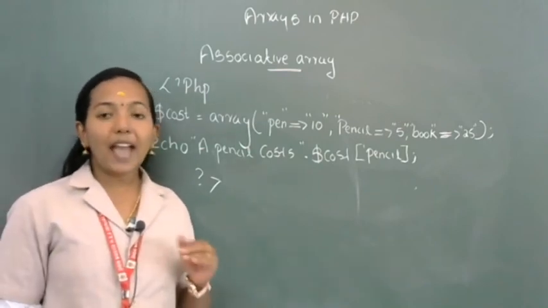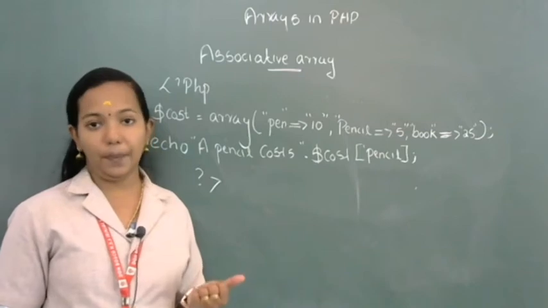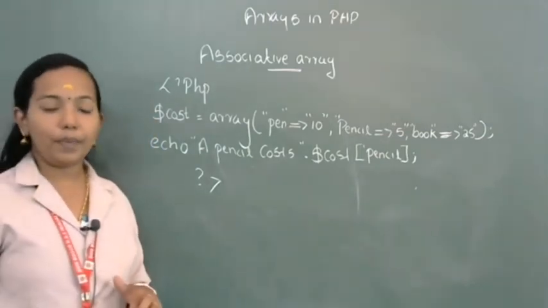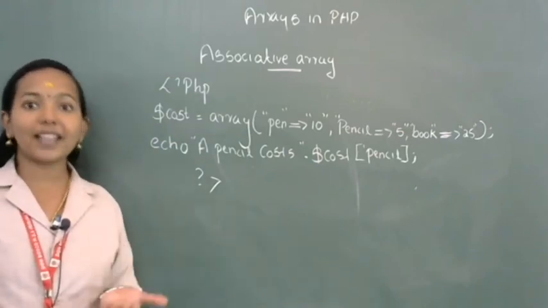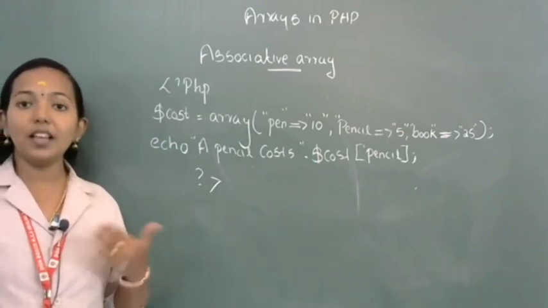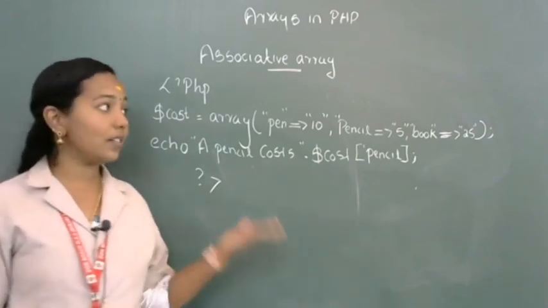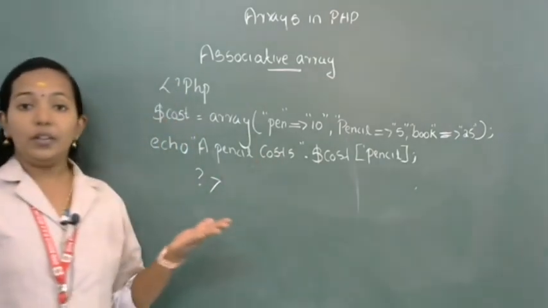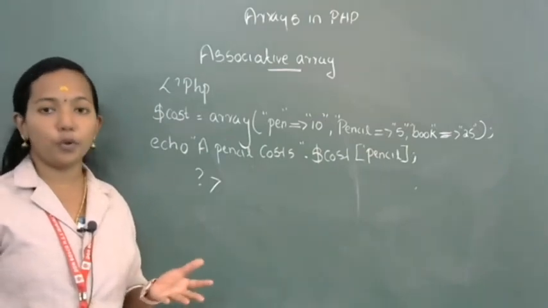So PHP is used for creating dynamic web pages. Dynamic web pages means at the execution time we are getting the number of entries. So if the size of the array is not known, okay, we don't know the size of the array, then we can't use for loop.